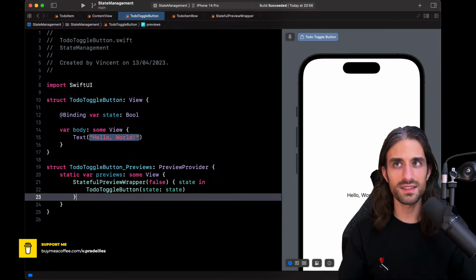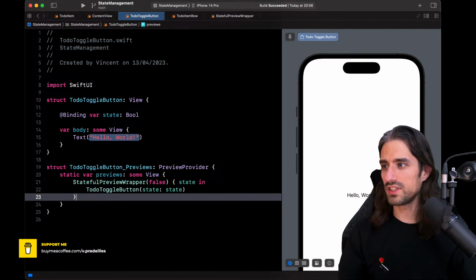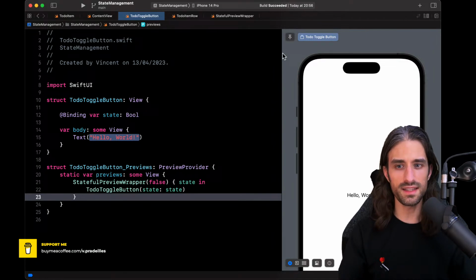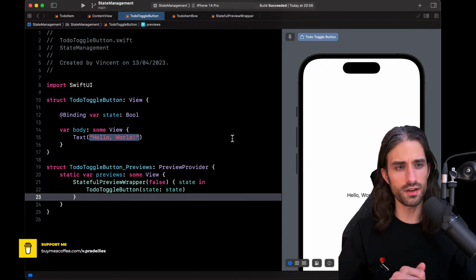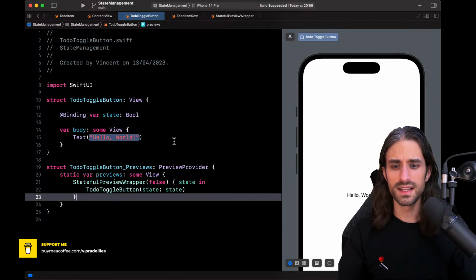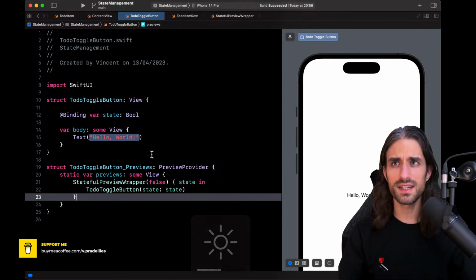Perfect. And now let's actually draw this button. We're going to start with the inactive state of the button, and I want it to be a circle with nothing inside. So I'm going for a design that is similar to the Reminders app in iOS. So let's see how I can do that.